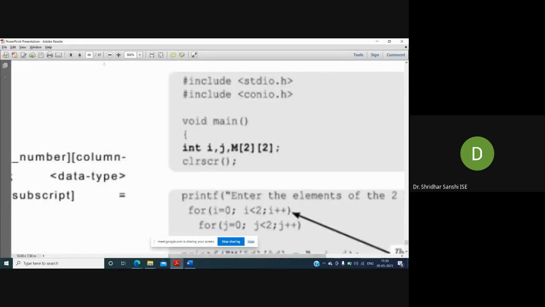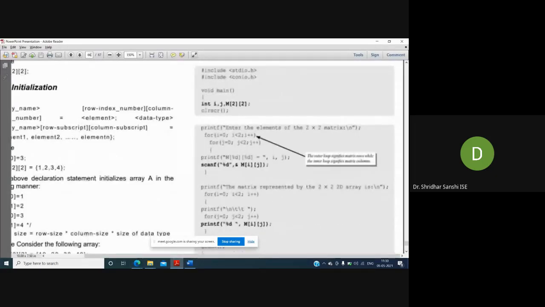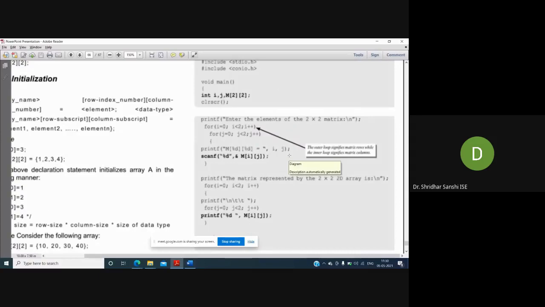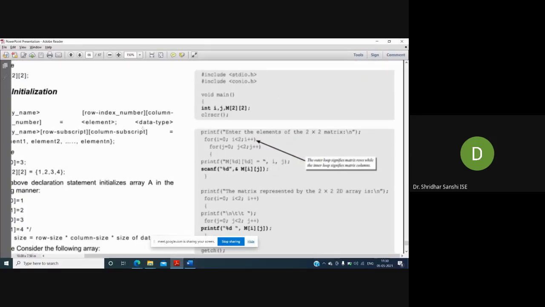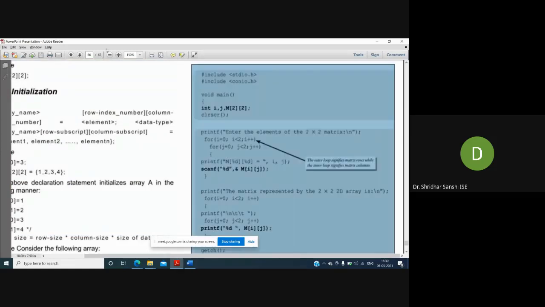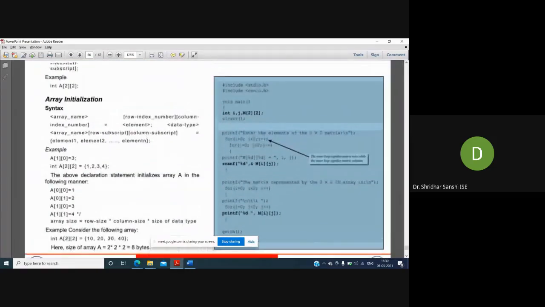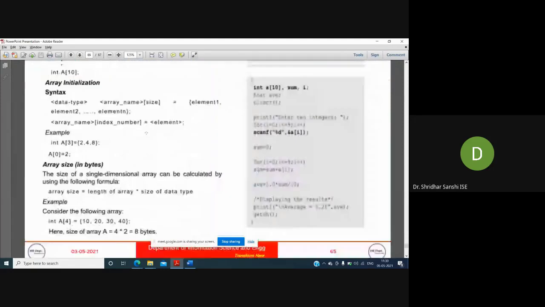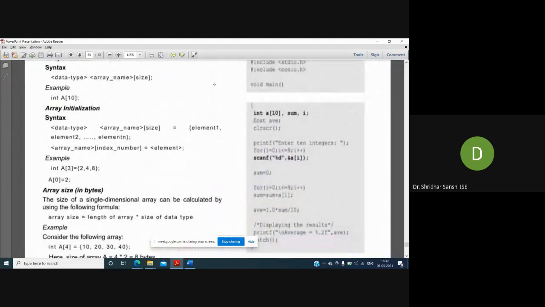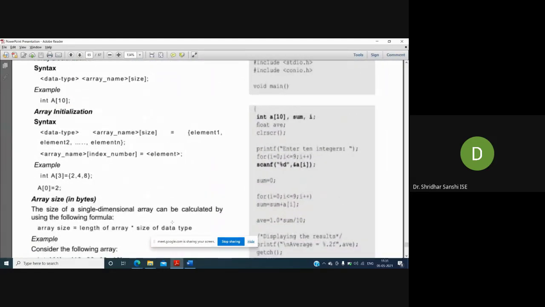You can open this PPT, slide number 66. This is how you need to access an array. I think this is an example for a two-dimensional array. Yeah, this is a single dimensional array. Let me zoom it.